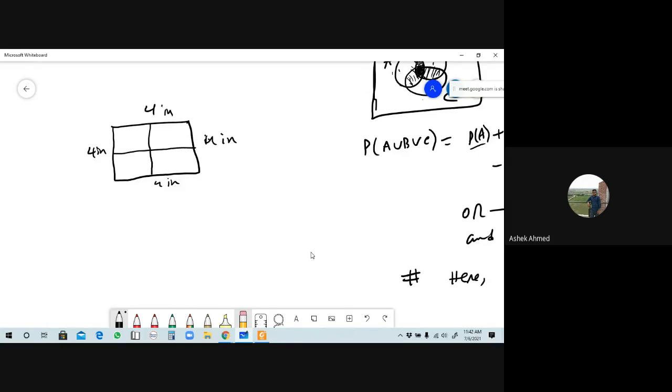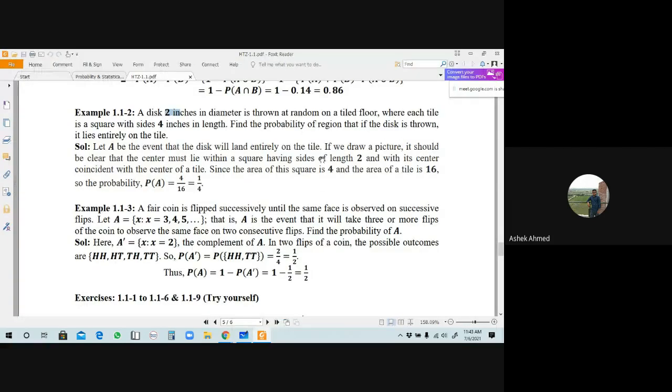Circular shape. So since it is 2 inch, this will be 2. Since our total is 4, then what will be the length of one part? This will be 2 here, AB side is 2 here, is it right? Okay, what do we have to do? We have to find out the probability of an area that